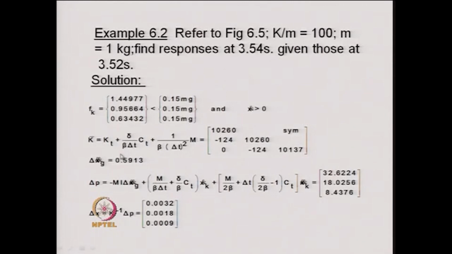this equation, and the k bar matrix turned out to be this, and using these the value of delta x double dot g as 0.5913 and the R matrix as the identity matrix, that is a vector of 1 1 1, one can calculate this quantity, and then knowing the values of x double dot k, x dot k and x k, the values of delta p is calculated as this one, and once we get the value of delta p, then one can find out the displacement delta x as k bar inverse delta p, and that turns out to be